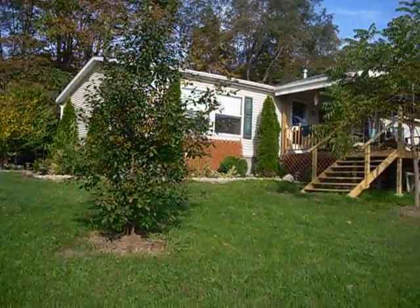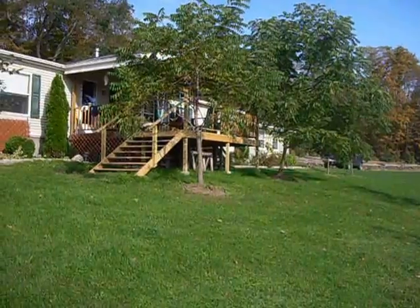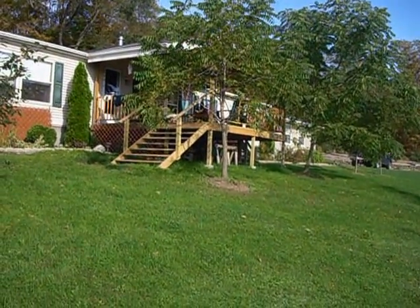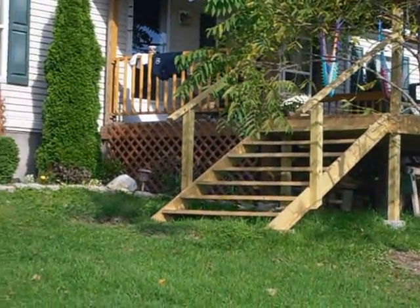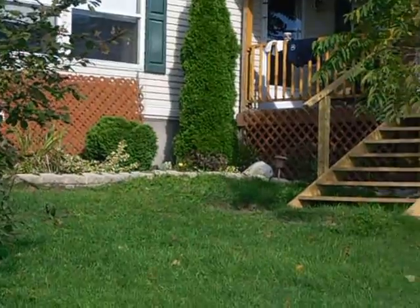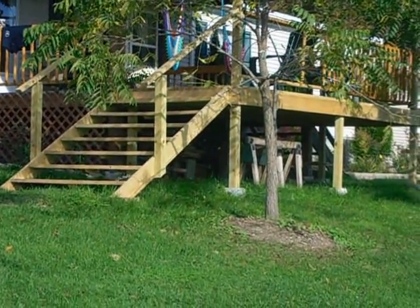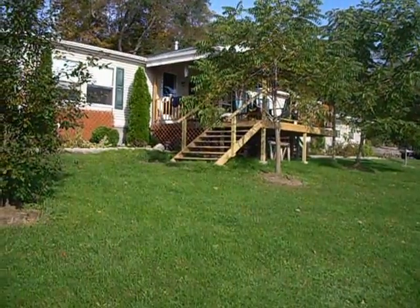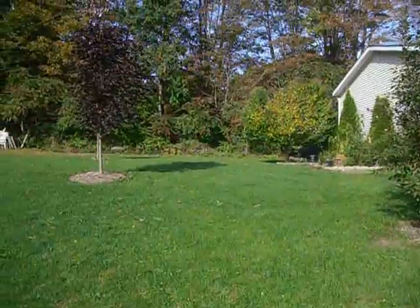But anyways, this is a bunch of work we've been doing on the property. The extension on the shed there, or not the shed, the porch. We put that extension on, and then that exit here to the backyard, or the front yard. I mean, I always mix up the back and the front. I don't know why. So this adds a little bit of moving around and stuff. Okay, so now we're looking west,